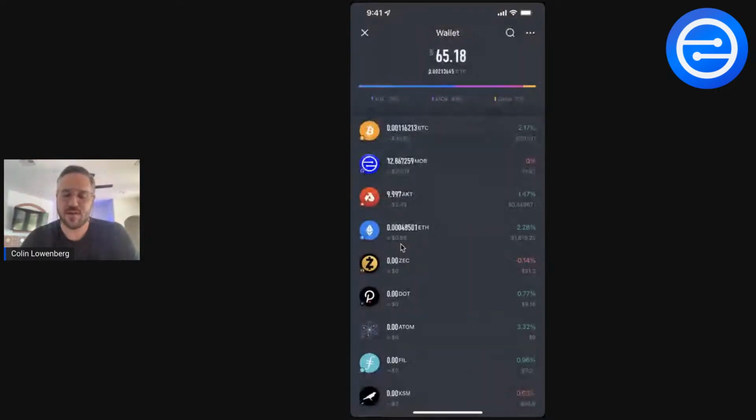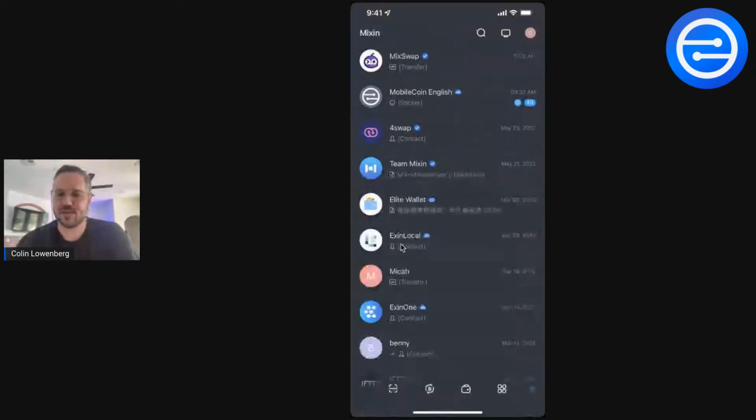If you're making enormous transactions, over $10,000 or over $100,000, you should watch out for slippage, because for these small transactions, there's little or no slippage. But if you're making a larger transaction, I don't want you to just click exchange and not pay attention. So it's important to pay attention to the slippage and the fees as you make an exchange on the MixSwap